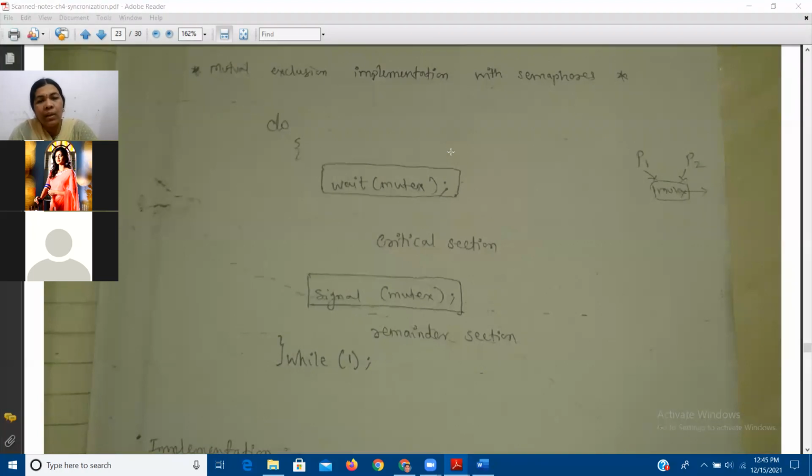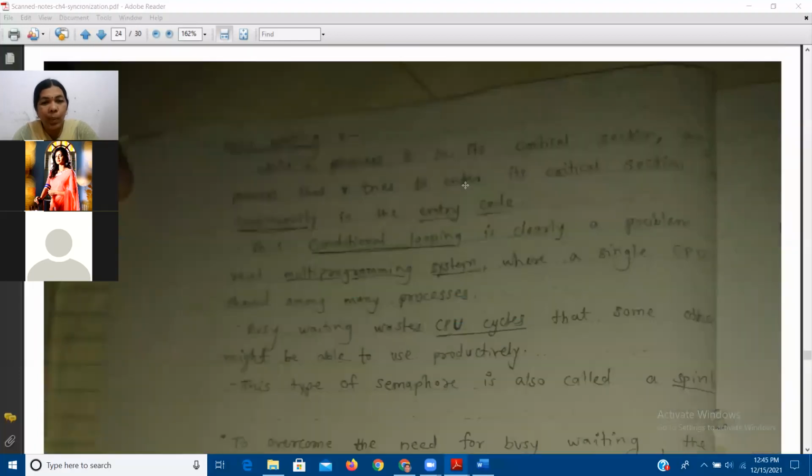What are they doing? They are trying to execute the wait operation, right? All these 9 are trying to share the common variable, that is mutex. All are accessing the mutex variable and trying to execute the entry section. How many times will they execute the entry section? We don't know; till P1 leaves the critical section, they keep executing their entry section. This is called busy looping.